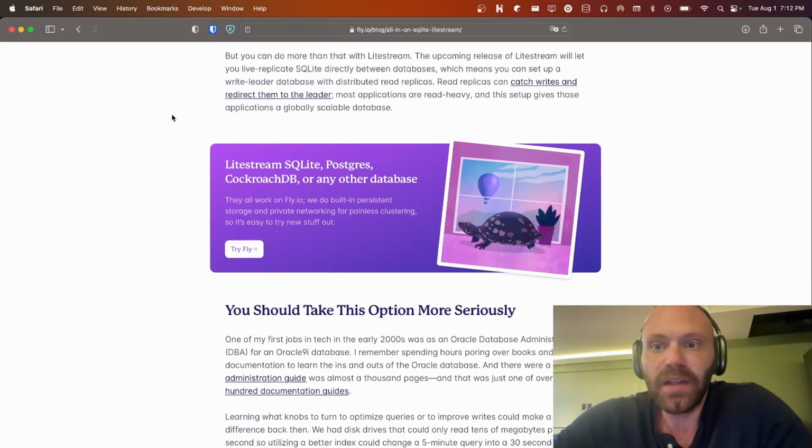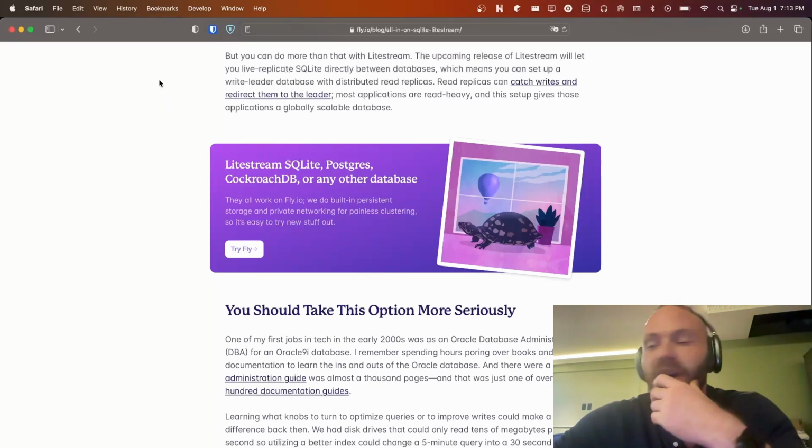The upcoming release of Litestream will let you live replicate SQLite directly between databases, which means you can set up a write leader database with distributed read replicas. Oh, that's interesting. So to unpack that a little bit,